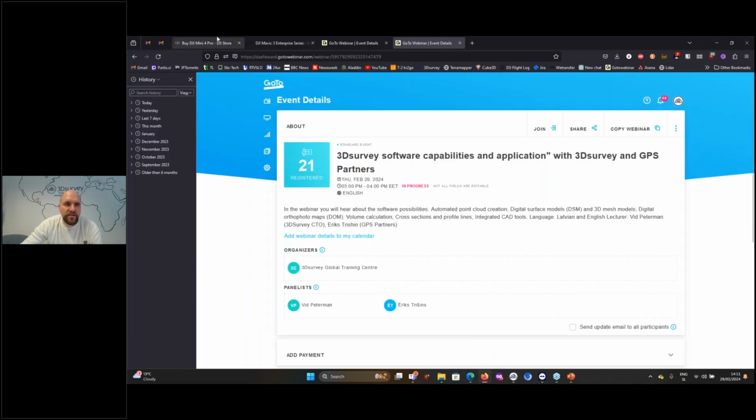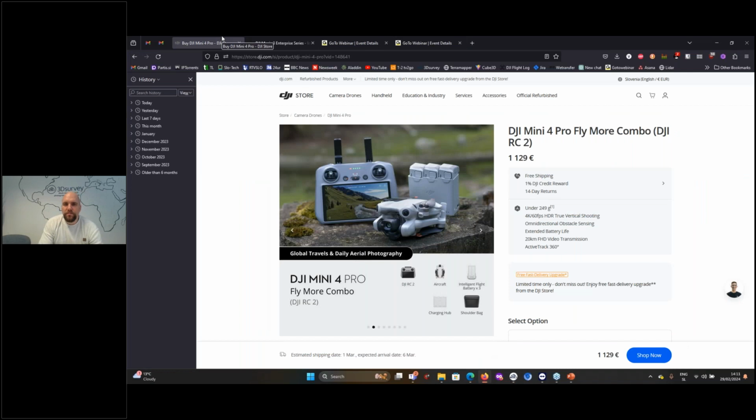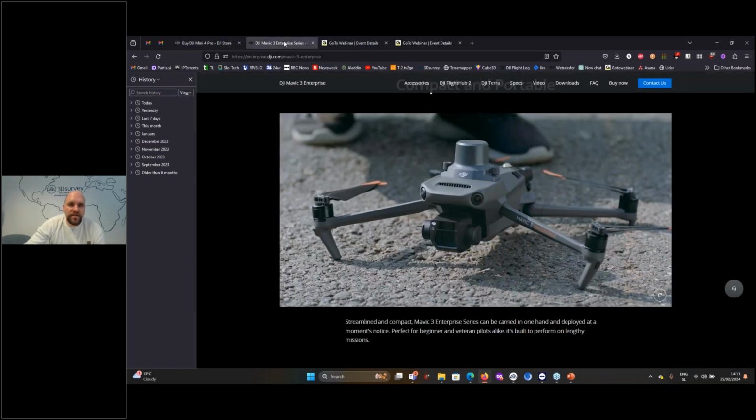By hardware, I mean the drones. Today, most people work either with DJI Mini or a similar drone, or the second option is an enterprise drone like this Mavic RTK drone. So this is DJI Mavic 3E RTK.